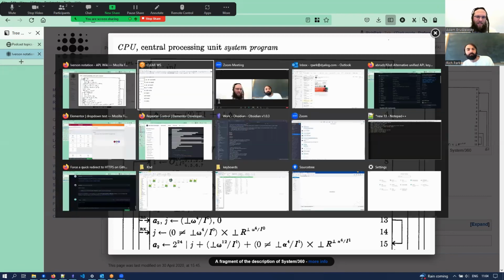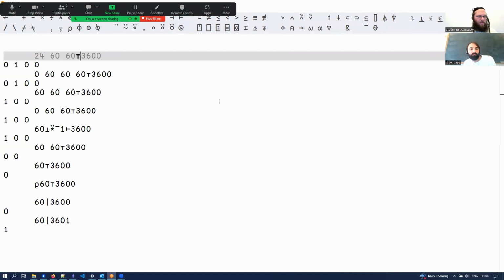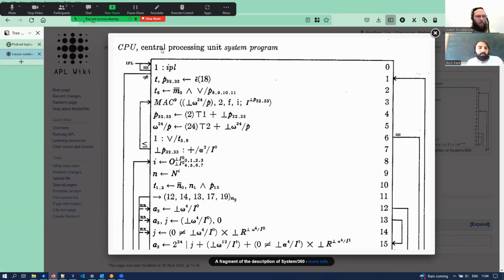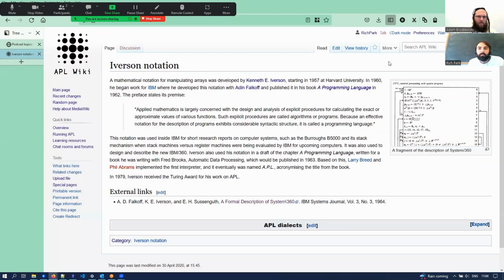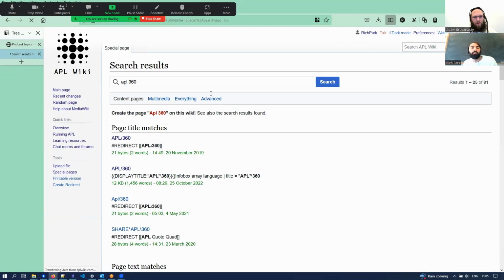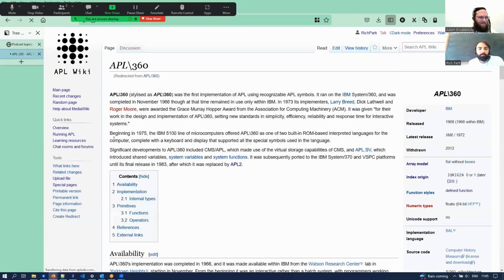Anyway, so they linearized the notation. If you go back to the APL Wiki and you go to APL 360, is it linked from here? Yeah, you can just search APL 360. Oh, okay, that will work. Then, if you scroll down almost to the very end,